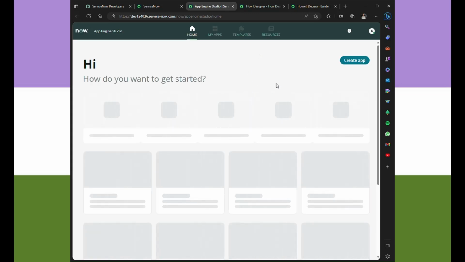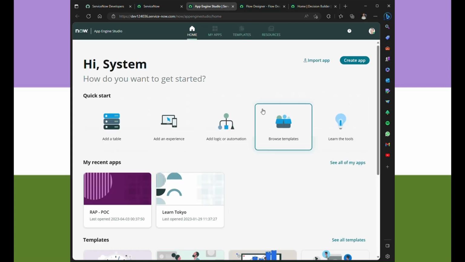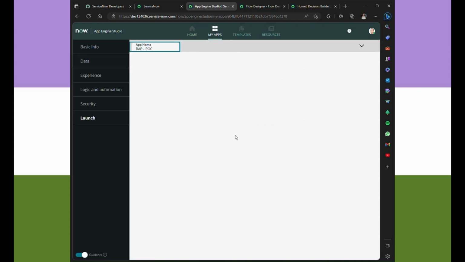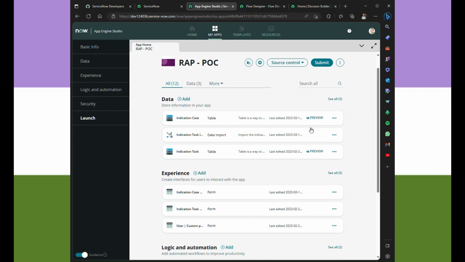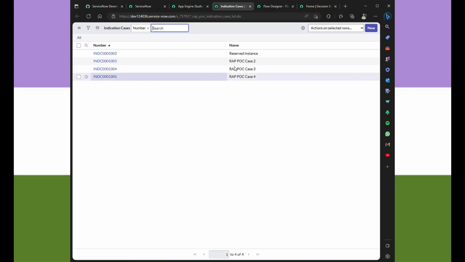And one thing to notice is that whatever record we are going to create, our flow is going to run. So our app is this, and we are going to create a record in the indication cache table. That is our trigger condition, right? So we have our indication cache table here. Okay, there is an option for preview, and I can see all my records here. You can see the first record which I was running a test for, and it is like a reserved instance now. So I'm going to click new,